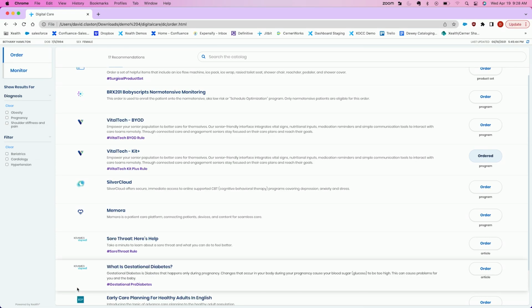And from that standpoint, after that is ordered, it's sent directly to the patient through an email or SMS to alert them that something has been sent to them through their patient portal. The patient can then log in directly to their patient portal and engage with that content that was sent to them. The full round trip of this is once the patient is engaging with that device or that content or that video,